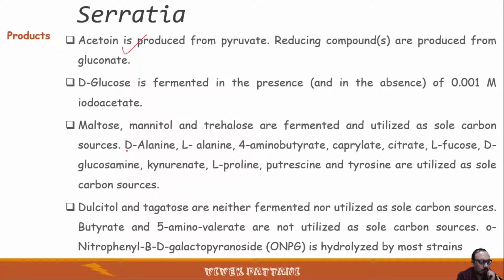D-alanine, alanine, 4-aminobutyrate, caprylate, citrate, L-fucose, D-glucosamine, kynurate, putrescine and tyrosine are also utilized as sole carbon sources. Dulcitol and tagatose are neither fermented nor utilized as sole carbon sources. Butyrate and 5-aminovalerate are utilized as sole carbon sources, while others are not. So there is a variety of